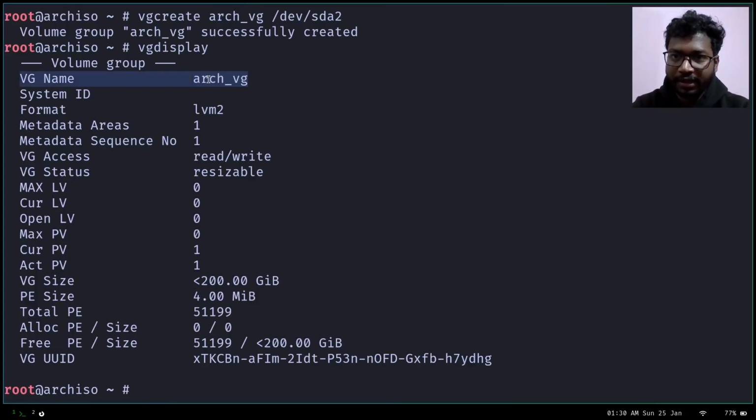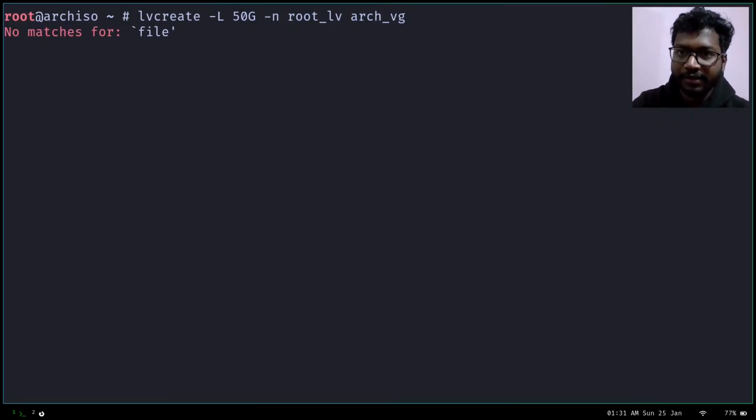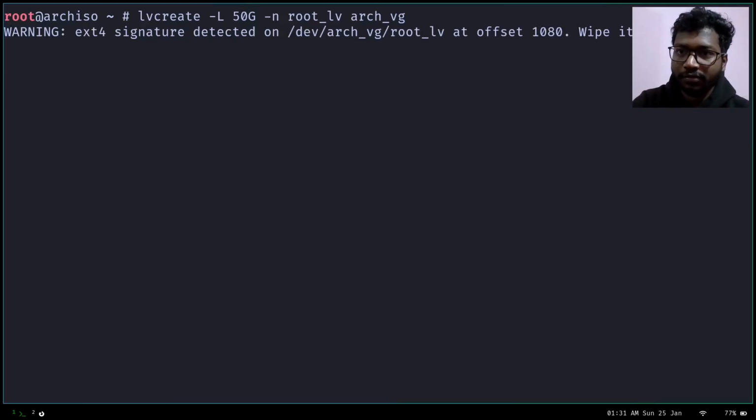Now I need to create the logical volumes. So first I'll create the logical volume for the root. So lvcreate -L, and the root will be 50 GB, and let's name it root_lv, logical volume. And here I need to pass the volume group, arch_vg. So yes,